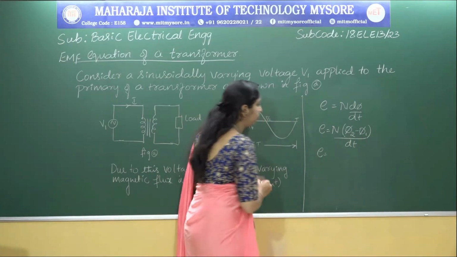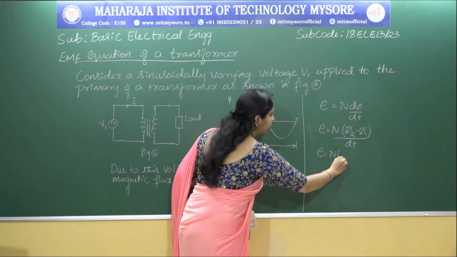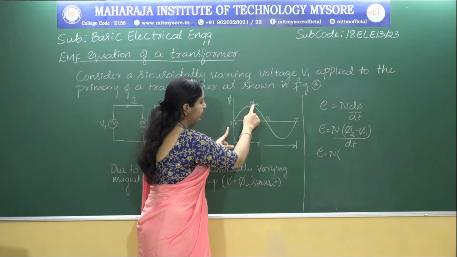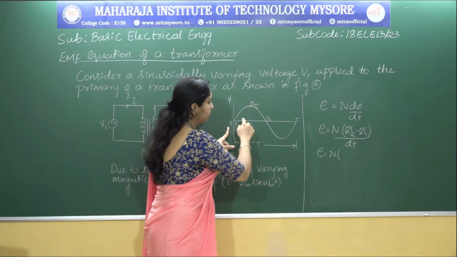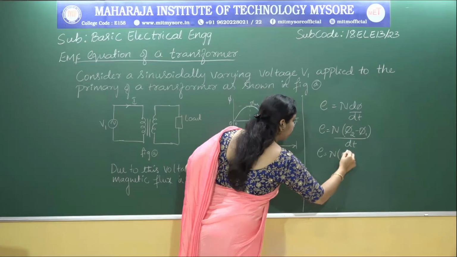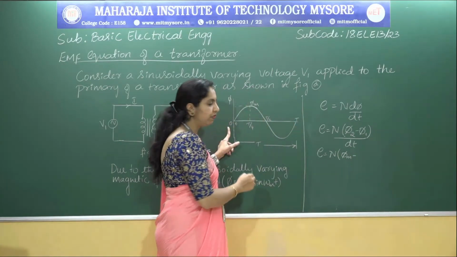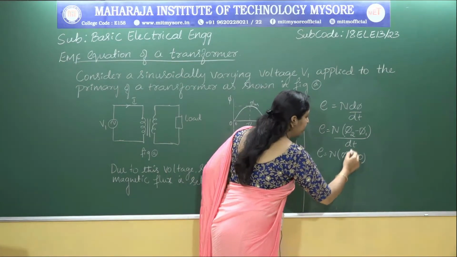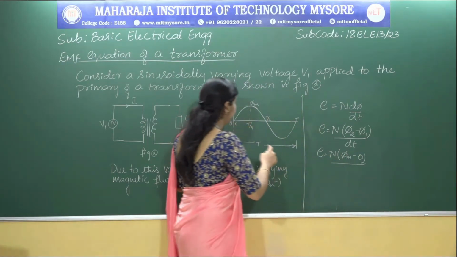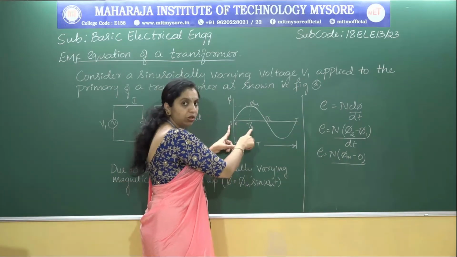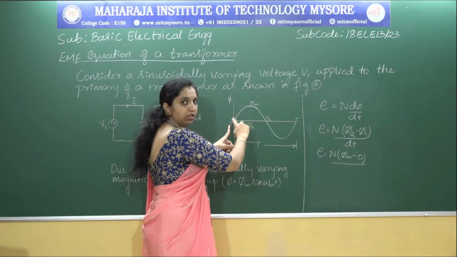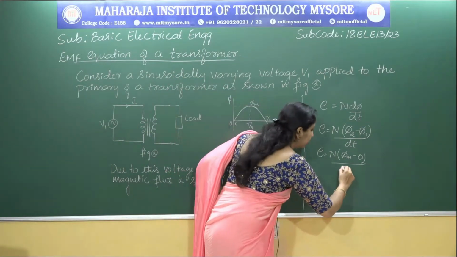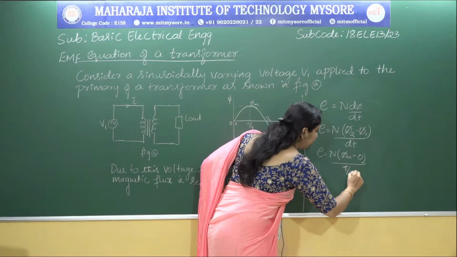Now look at the waveform. Again N into, what is phi 2, the maximum flux over here? The maximum flux is phi m, which we have obtained in the waveform. So phi m minus, and the minimum flux here is 0. We have taken only some duration, dt, with the duration of 0 to T by 4, so we have calculated the change in flux, that is 0 to phi m. With the duration of T by 4, I am substituting dt as T by 4.